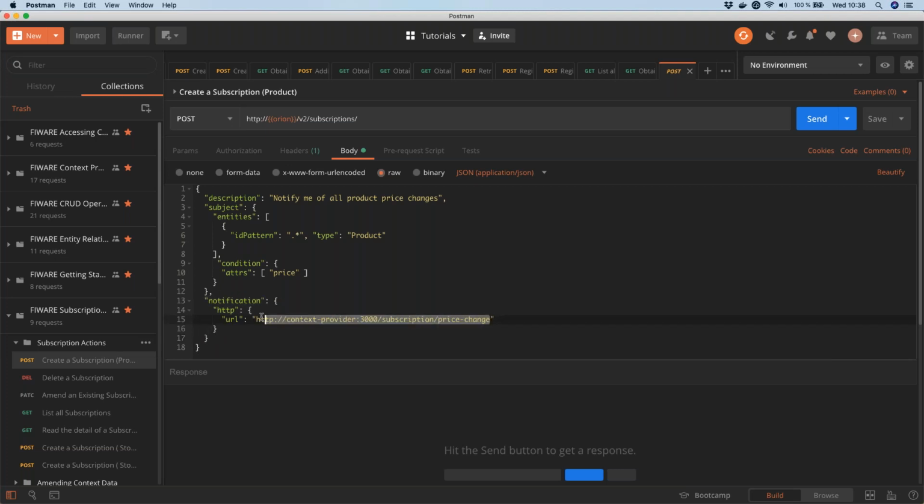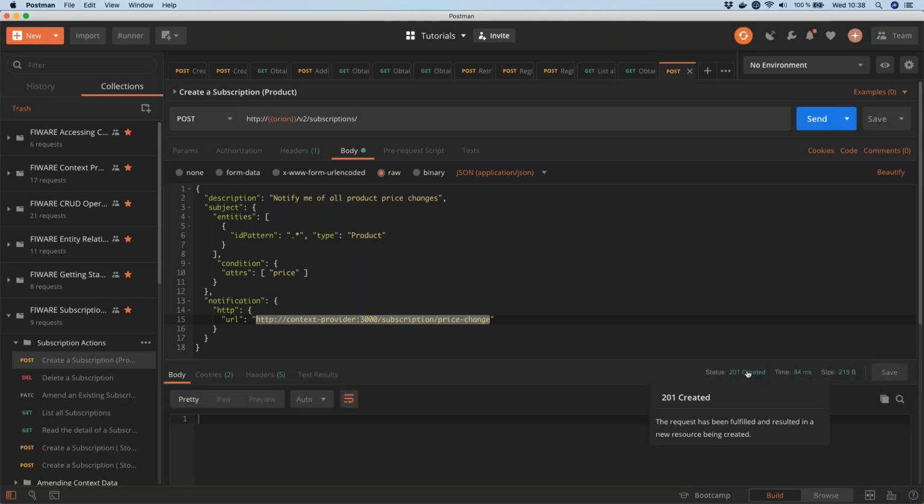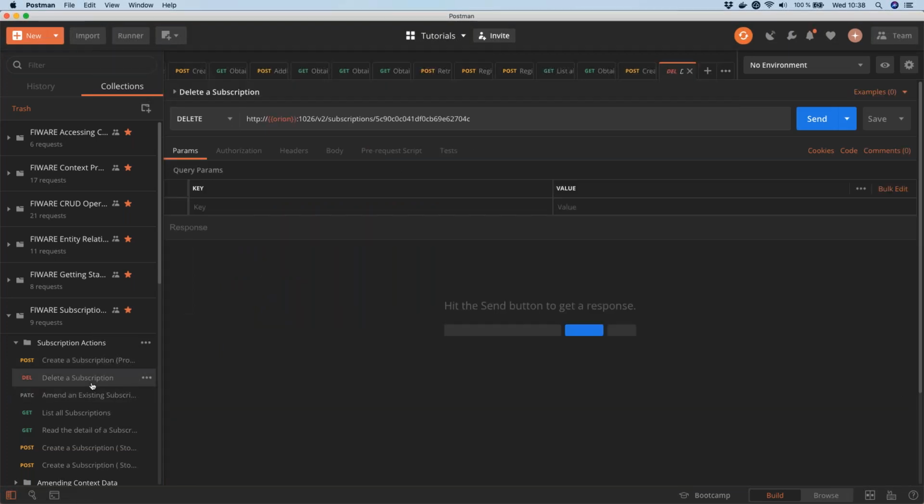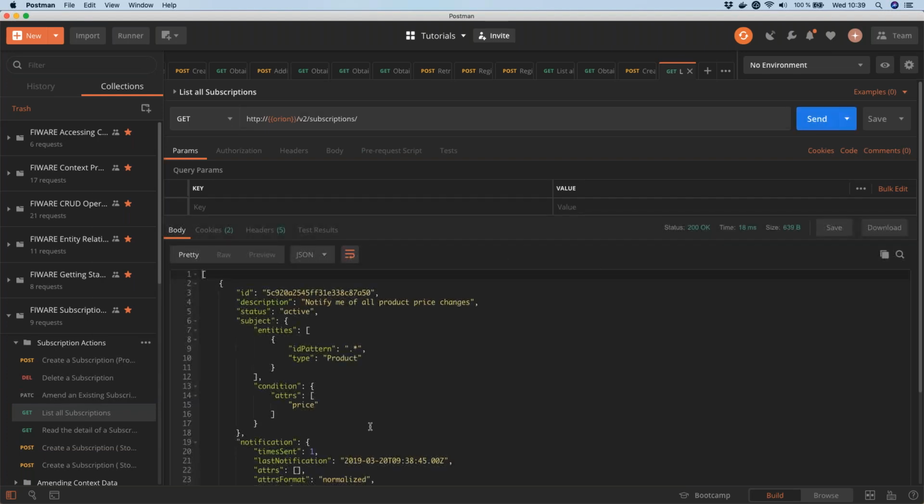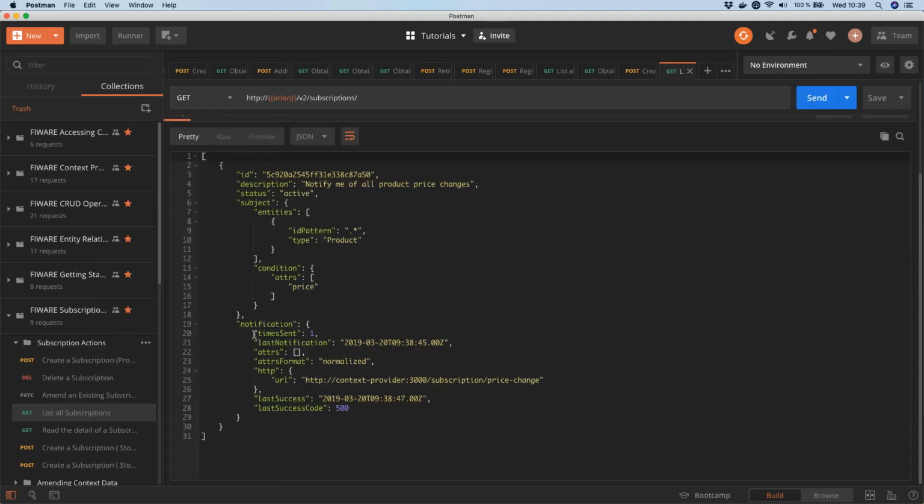This is sending something to the subscription price change endpoint. So if I send it, again, you see this 201 Created. You can do the usual stuff you'd expect. You can delete subscriptions, or you can amend an existing subscription using PATCH or DELETE or whatever, quite easily. And obviously, you can list the existing subscriptions. When you list it, you'll get additional information in it, saying the number of times it's been sent and when it last happened. Now, if we go back to my monitor,